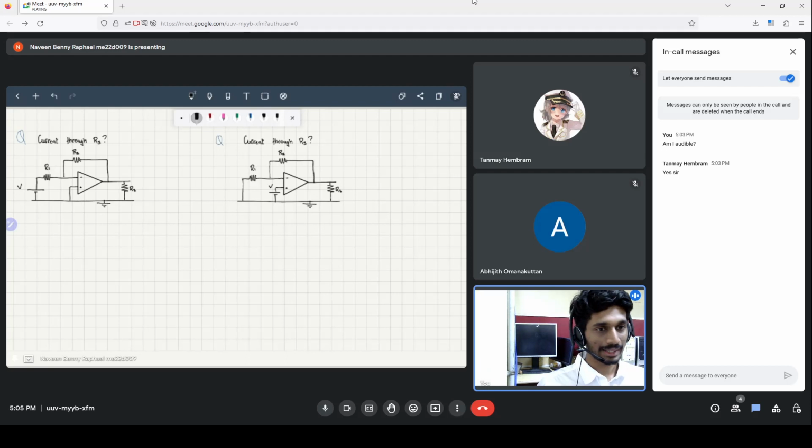Okay. While there is a lot of theory and concept behind the operation of the operational amplifier, the essence is